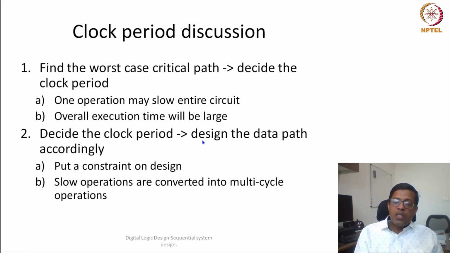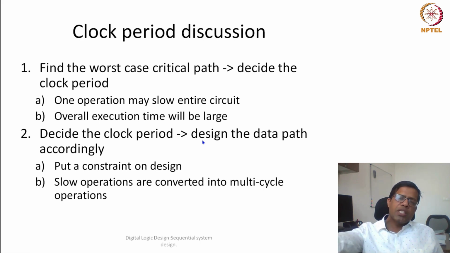we have two options. Either we have to redesign our combinational path so that it fits into the clock period, and that is the reason, when we were designing adders or multipliers, we saw so many different variations. If a need arises that we have to make our adder so fast that it has to fit into a particular clock period, we can choose a particular design point. Similarly for any other unit, there are different options to design it in a faster manner.